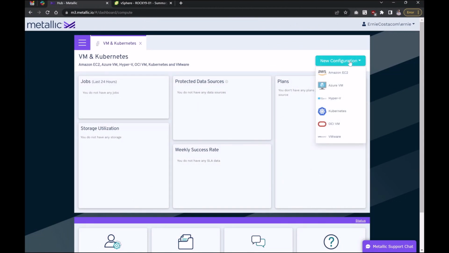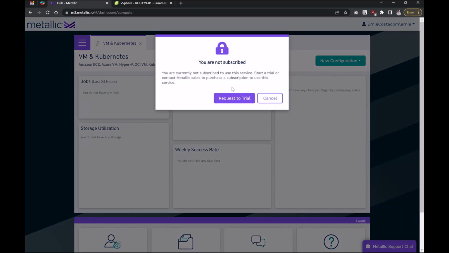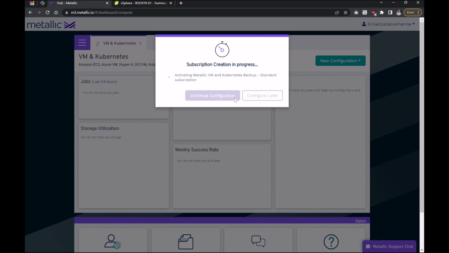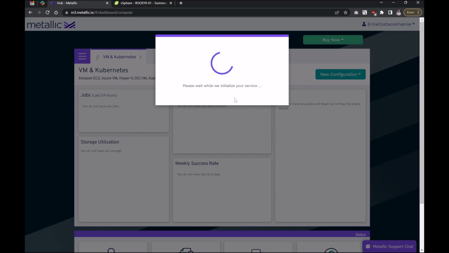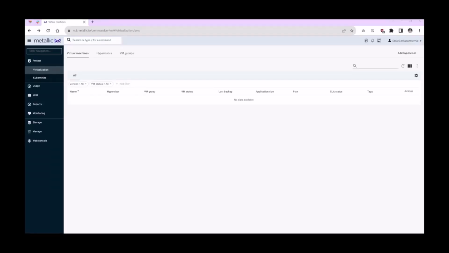So the first and the most obvious thing you have to do is sign up for a trial at the Metallic website. Once you've made your account, made your tenant, you're going to go to new configuration at the hub and you're going to pick a hypervisor. Whether it's VMware or Hyper-V doesn't really matter. Both will prompt you with this modal saying to request a trial. It'll make a subscription, and then you'll be redirected into the actual Command Center web UI where you can configure